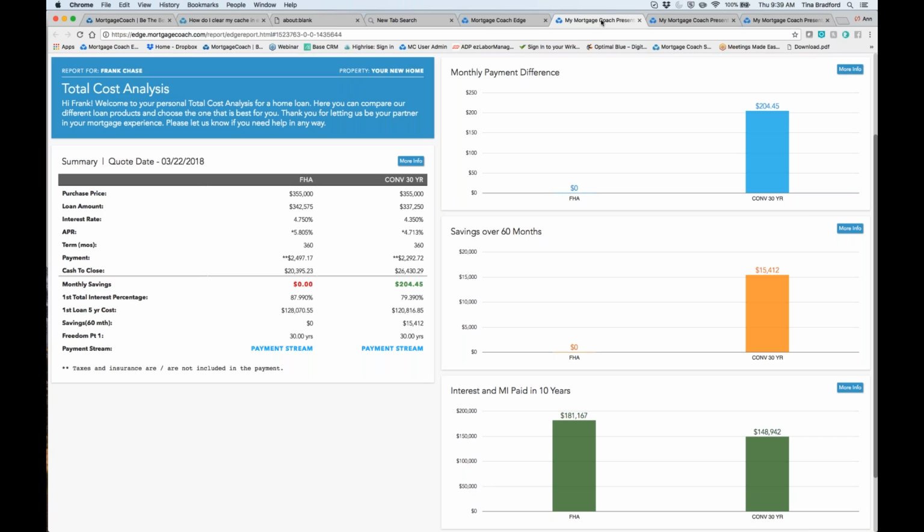Because it's on the computer that you're sending it, they don't have to download anything. They can open that presentation up. Then you just start talking the client through. Here's the interest rate, here's the payment, here's the cash to close. So by having a master template, by having all of your products pre-set up in there, so you have a complete presentation, all you add is your client's name, the product, and the interest rate. It's really, really fast and simple, easy to do in front of the client.